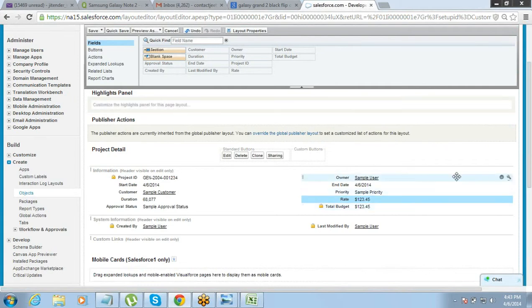Some field which is already there, you don't want some of the users to see, like the total budget of the project. You can go and remove it from the page layout. So the field will be there in the back end. Some users can see it. It will come in the reports, but you don't want the end users to see it. Or a certain group, a certain profile, you don't want this field to be visible. You can straight away go and remove it. Right? So this way it helps you control a lot of things which are not being controlled otherwise.